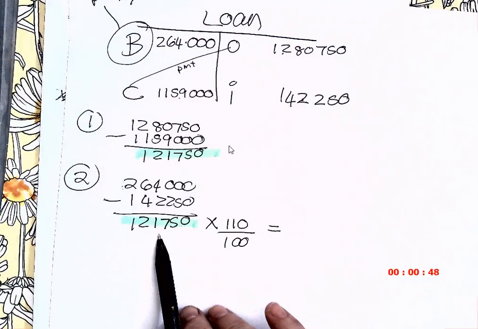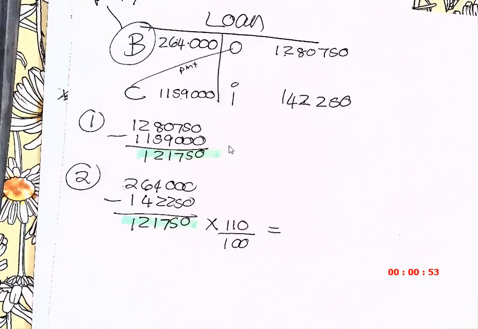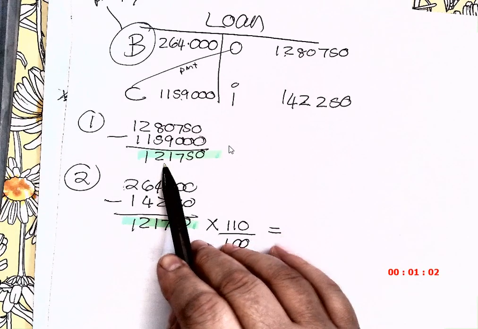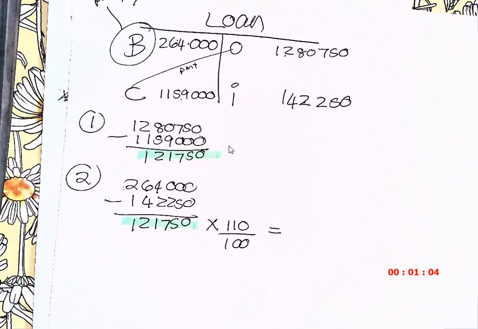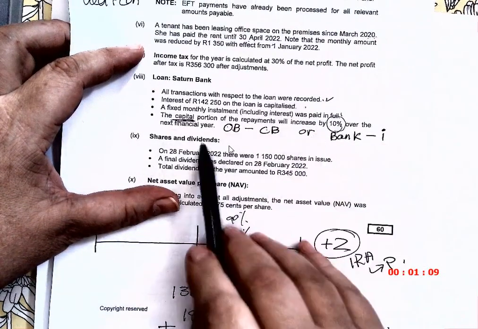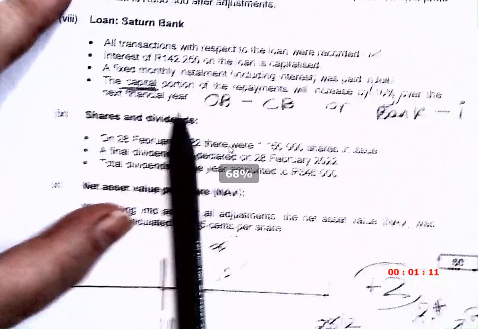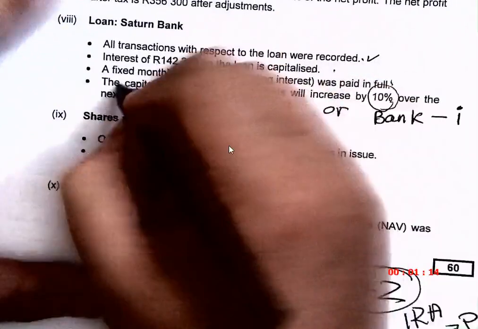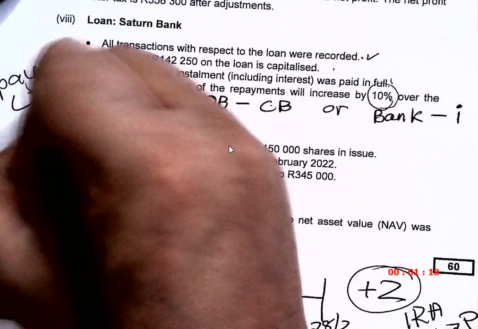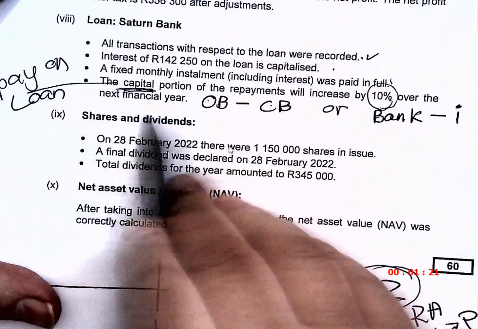12,750. And if we look at the transaction, that means this is how much I paid off on the loan. So if they said that next year I'm going to pay off the same as this year, it means my short-term loan would have been 12,750. But they don't say that. They say that the part that I'm going to pay back next year, can you see the language they use? The capital portion, meaning the part I pay on the loan itself, not the interest,